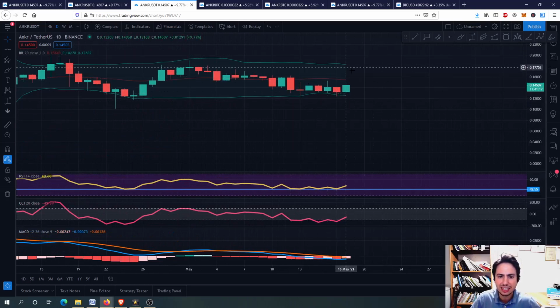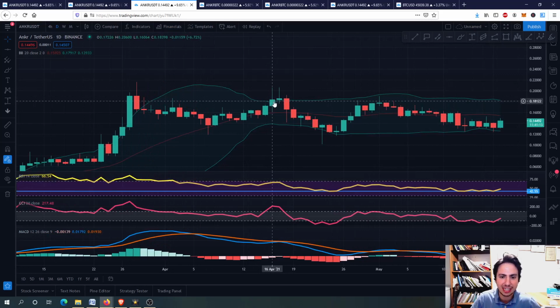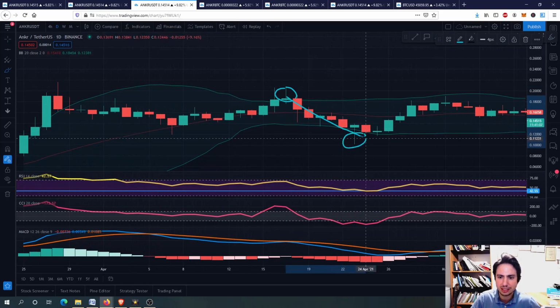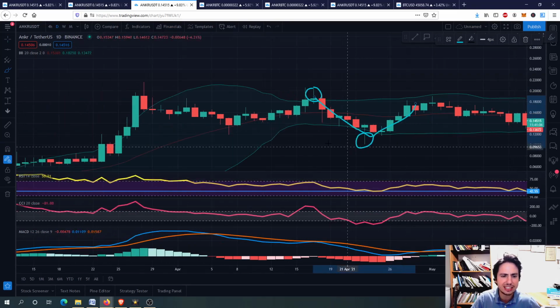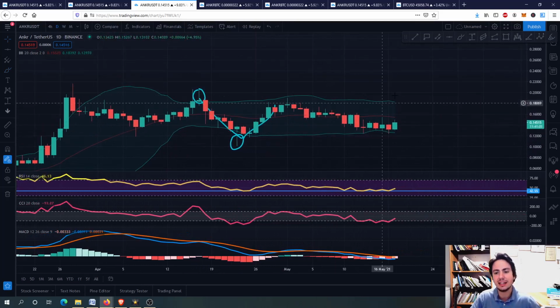Now we are inside the Bollinger Bands. When we are on the top line of the Bollinger Bands, as you can see here, and we extend upwards, then we are going downwards. When the opposite happens, we are going upwards. That is a general rule. It doesn't always apply, guys. For example, when we extended the top line of the Bollinger Bands for Matic, we didn't even go down.